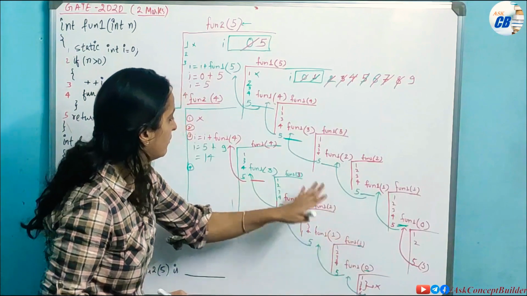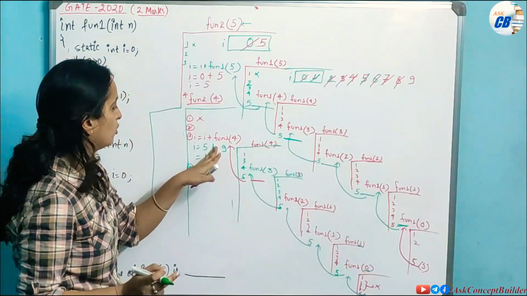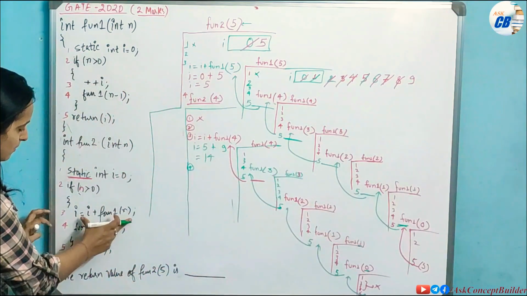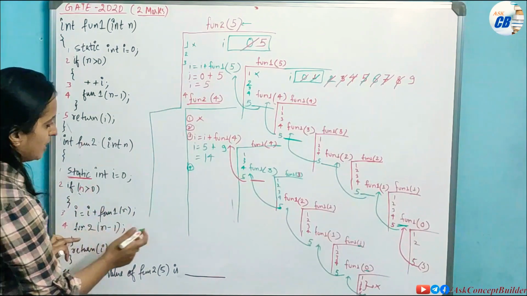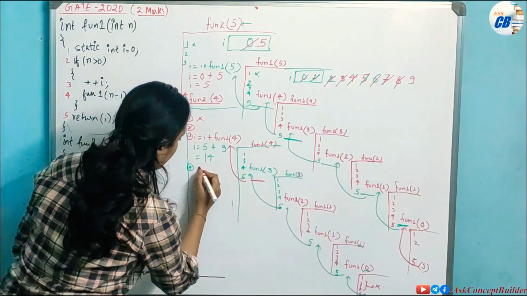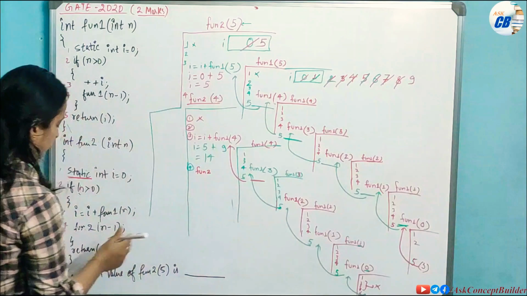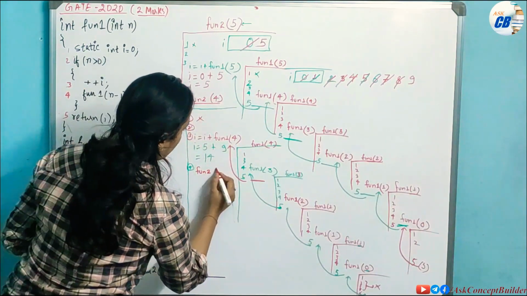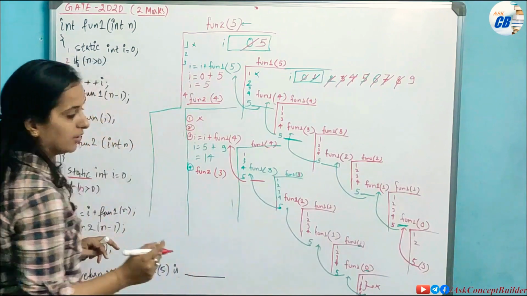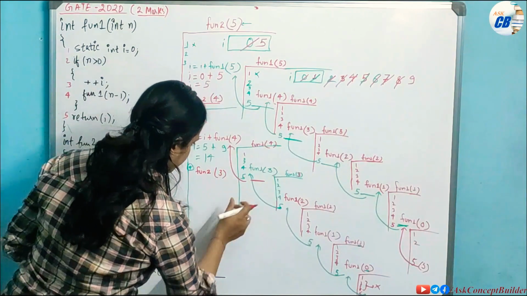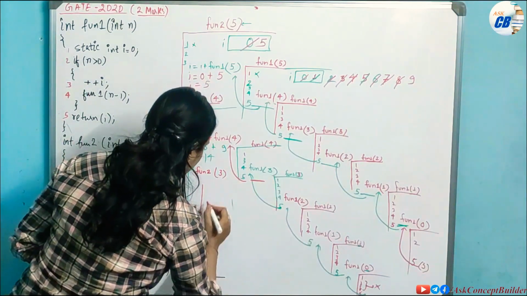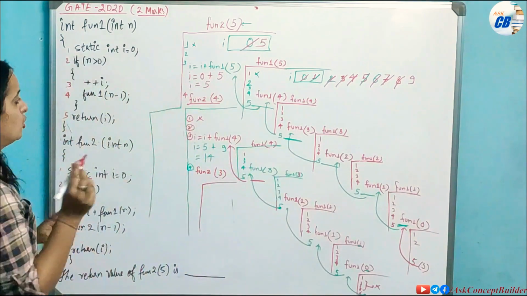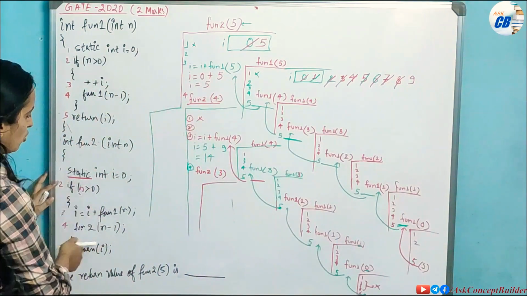Okay, this is complete, and you have written back again to the third statement, because the third statement was where fun2 was called. Now what is your fourth statement? Fun2 of n minus 1. So the n value here was 4, fun2 4 you have called. Now n will become 3, fun2 3. Now see here. Okay, now again for fun2 3 you will execute all the statements.